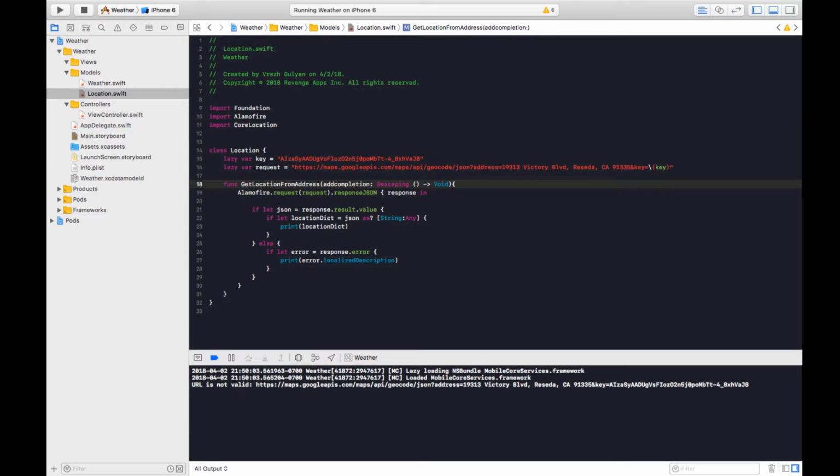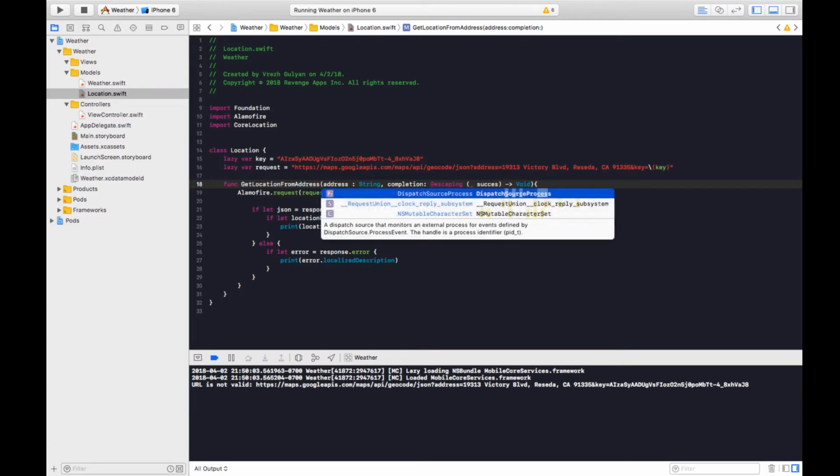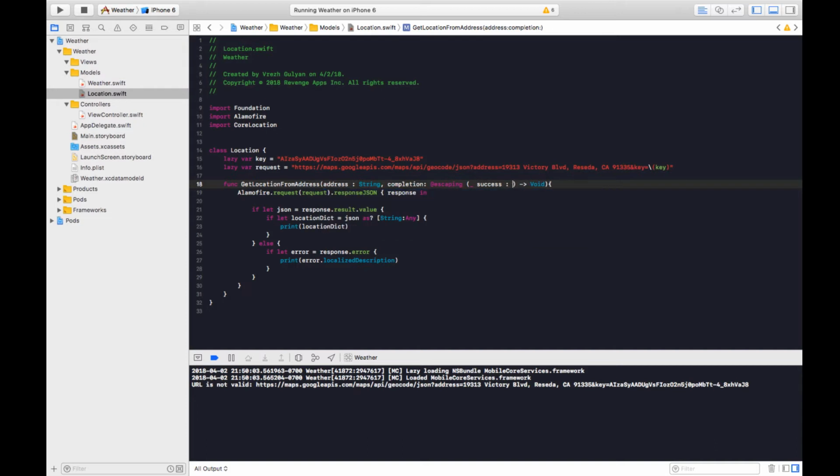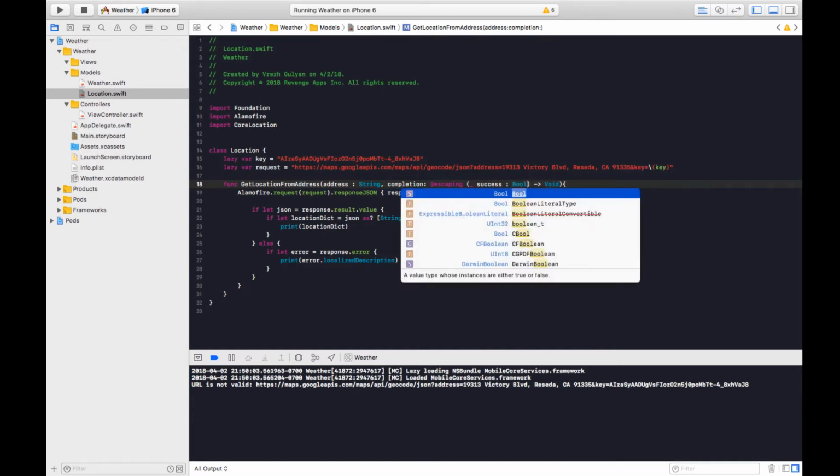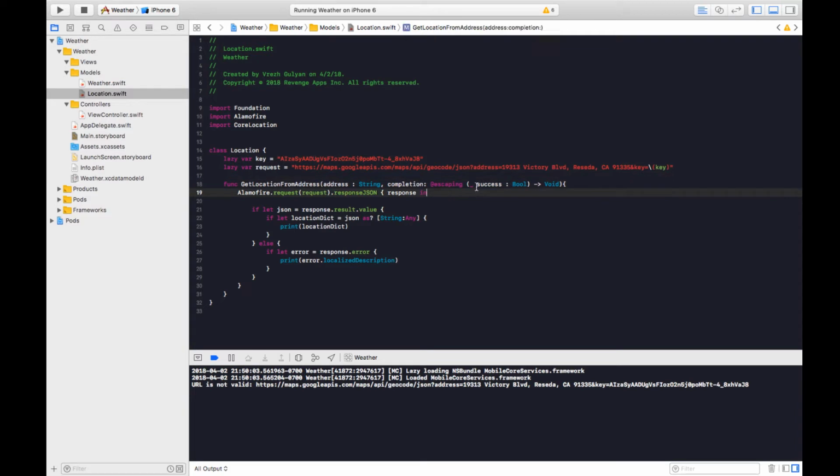So we're going to say address, which is a type string, as a parameter to get location from address. And then what we're also going to do is return a parameter, which I'm going to say success. And that's going to be a bool. So this is the name of the variable that we're going to pass back, success. This is the type, which is a bool, which is true or false. And then this little line in front in Swift means that you don't have to include this when you call